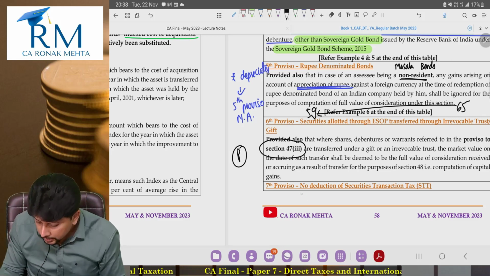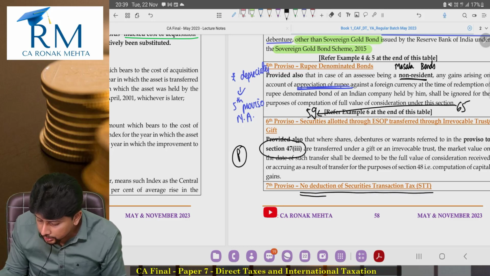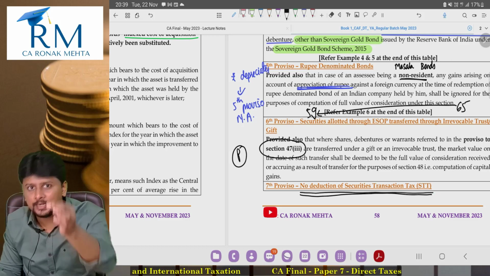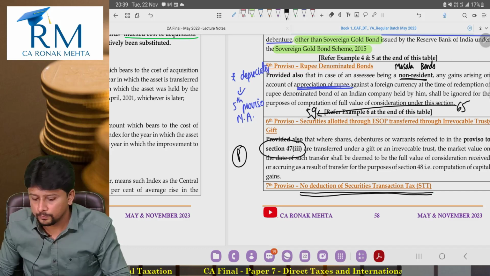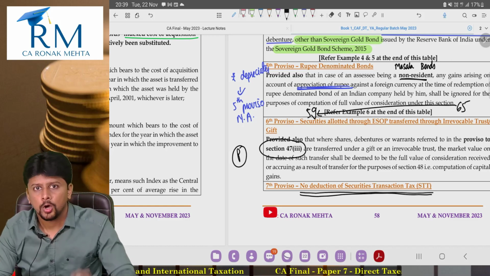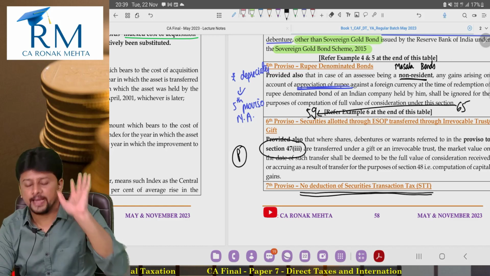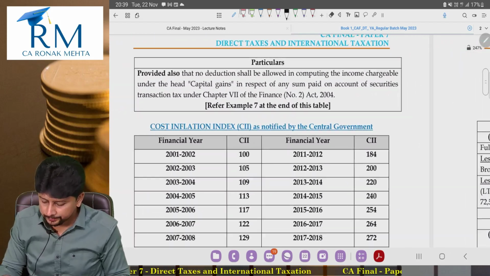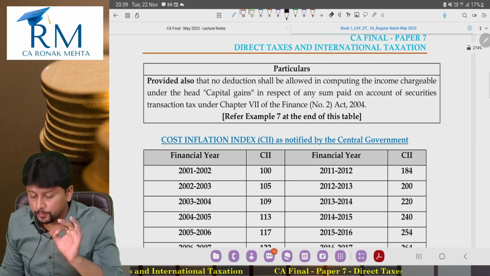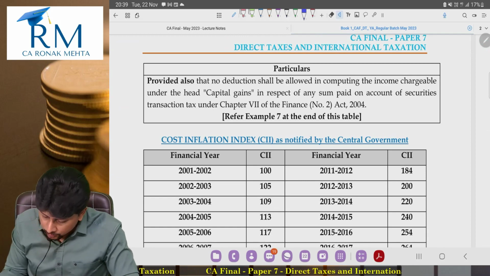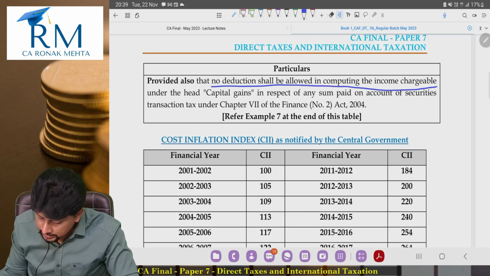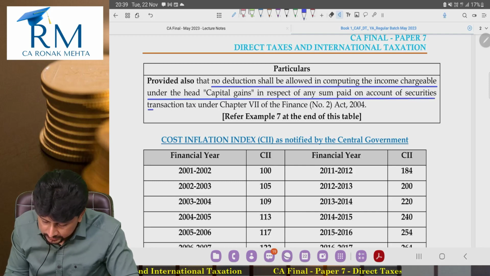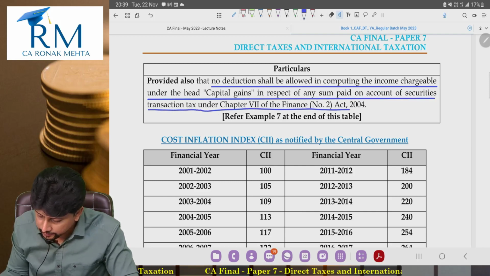Seventh proviso, seventh and the last one, no deduction of securities transaction tax. Very simple yet very interesting. No deduction of securities transaction tax. See, heading is not that important. I want you to read this. Provided also that no deduction shall be allowed in computing the income chargeable under the head capital gains in respect of any sum paid on account of securities transaction tax under chapter 7 of Finance Number 2 Act